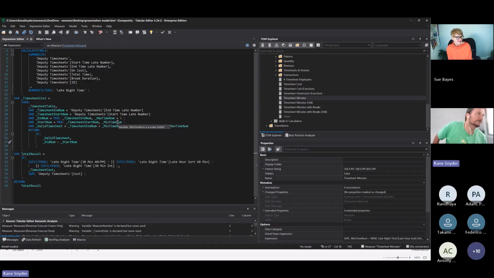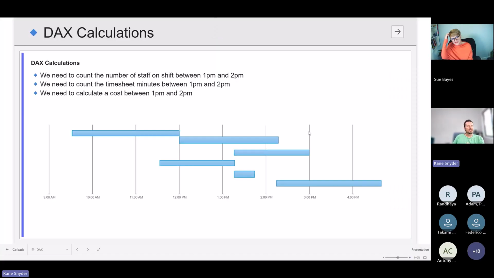So it's kind of confusing when you first look at it, but in essence, all we're doing is looking at one point of filter context, which is always useful for writing DAX, right? Rather than looking at a whole chart and being like, how is this all going to work? We're just looking at one point on the chart, saying when we've got a filter on 1 p.m., how do we count these? The way that we do it is remove all the filters on time, and then explicitly put a condition in that says, well, we want to count things that fit our conditions.